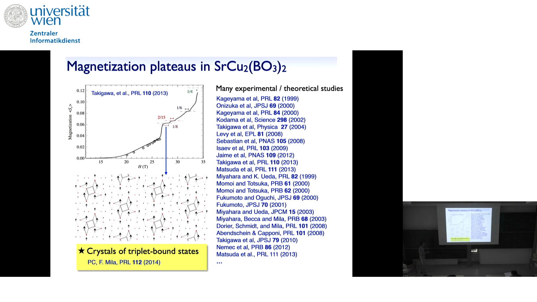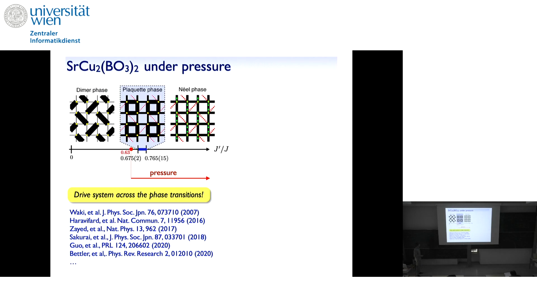In particular, it was one of the earlier successes of iPEPS to predict the structures that are realized here, which can be understood in terms of crystals of triplet bound states. So these types of spin patterns here are bound states of triplets which form these crystal structures. Okay, now another fascinating feature of this compound is that you can put it under pressure and